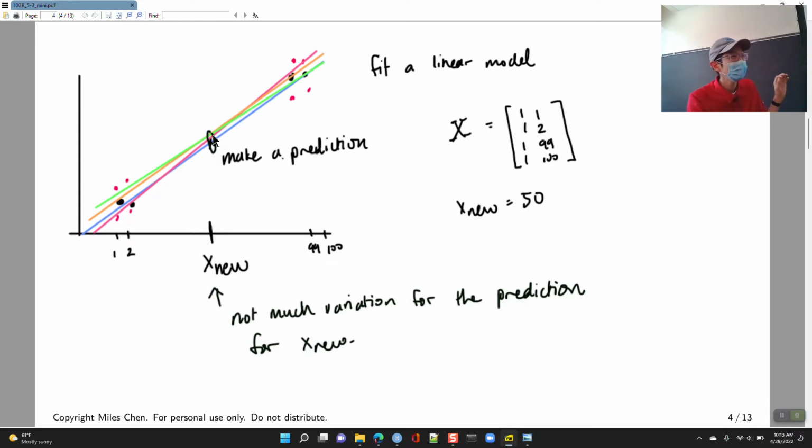In that, the actual values for 1, 2, 99, and 100 are probably going to be more different from each other than your value at 50, because 50 is kind of in the middle of this thing. Does that make intuitive sense here? So even if one person had high values for 1 and 2, or high values for 99 and 100, or low values, when you fit the overall line, your predictions for 50 probably land kind of around each other. Okay,